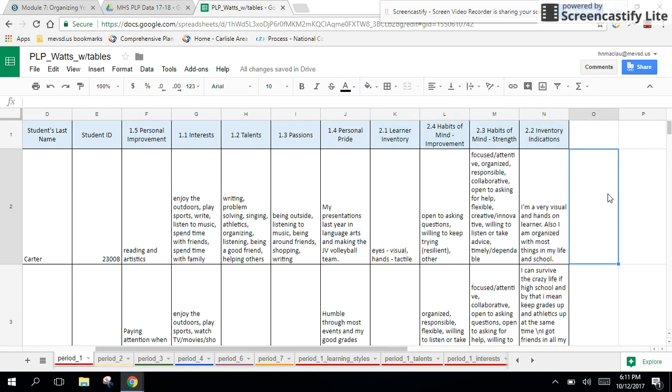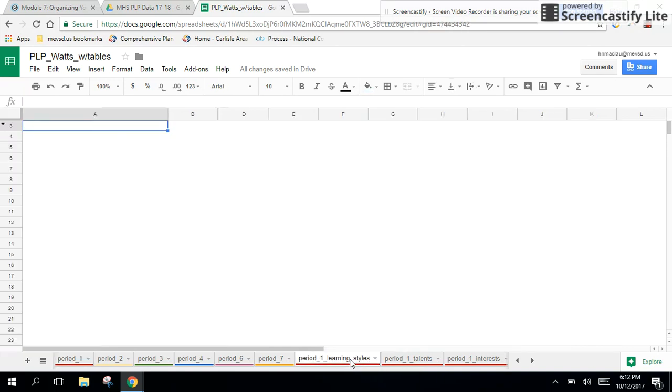2.1, the students took a learning inventory. They asked them to identify their learning styles. Were they auditory learners? Were they kinesthetic learners? How do they learn and engage with new learning? I can take this data set and make a pivot table. Oh, and it's not there for some reason. I'll fix that. But you should be able to see very quickly,